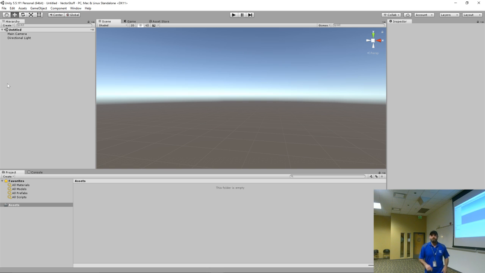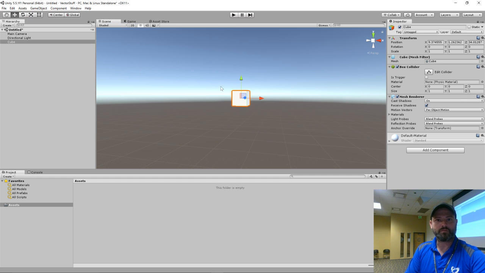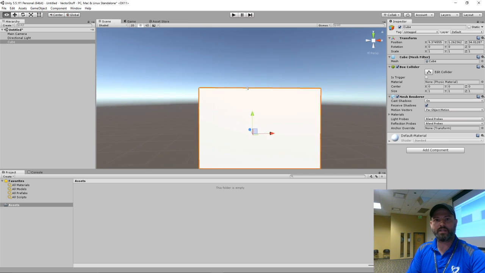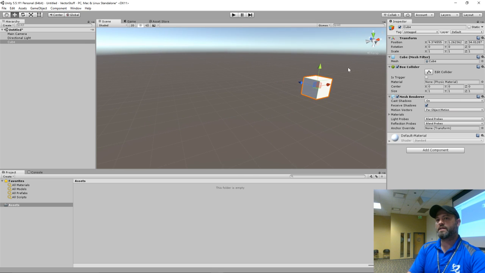And I'll show you that with this. If I put a game object in here, and I'm just going to make a cube, do you see how this cube, when it's created, is created on the same axis as the world? Its blue arrow right here is the same as this blue arrow, whatever way that's facing.